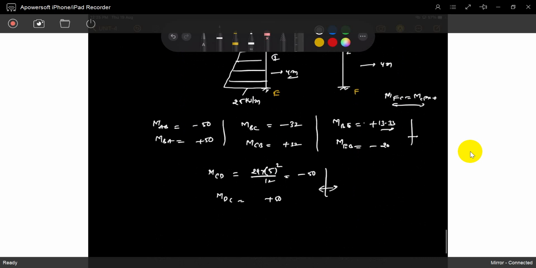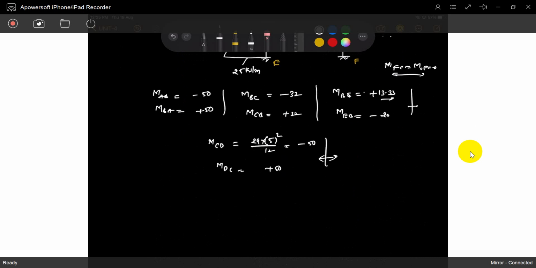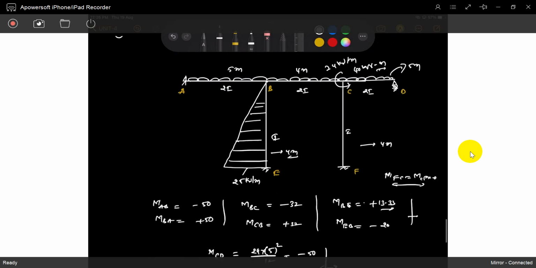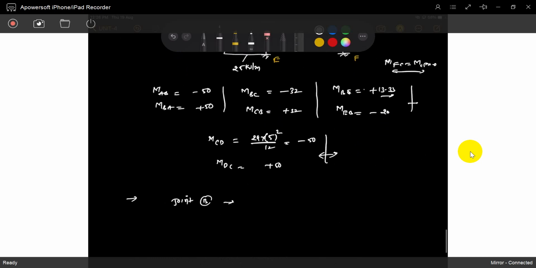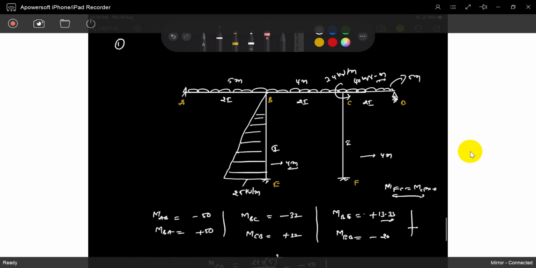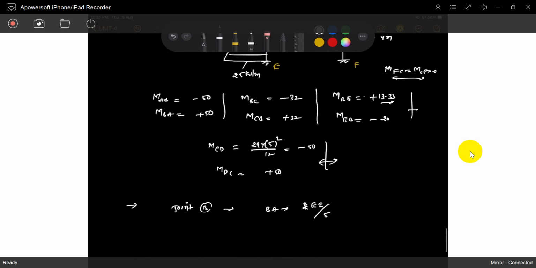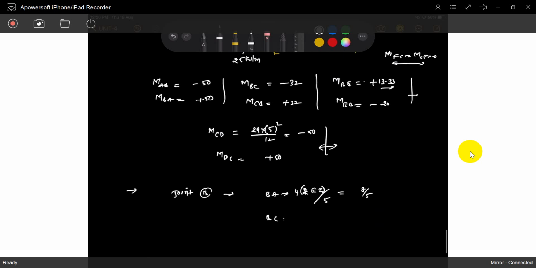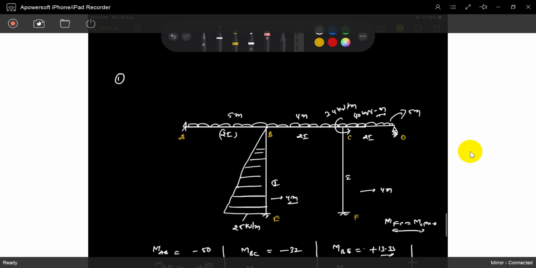Fixed end moments. So now we have to find out the joint carryover moments, carryover factors, distribution factors. Take joint B. Now joint B has attachments BA, BC, BE. 3 are there, na? So now we can clarify. BA stiffness is 4EI by L. L is 5 meters. And also if you observe it has a 2I. So that's why 2 into 4EI, it's 8EI by 5. So BC, again it's a 2EI, but length is 4 meters.